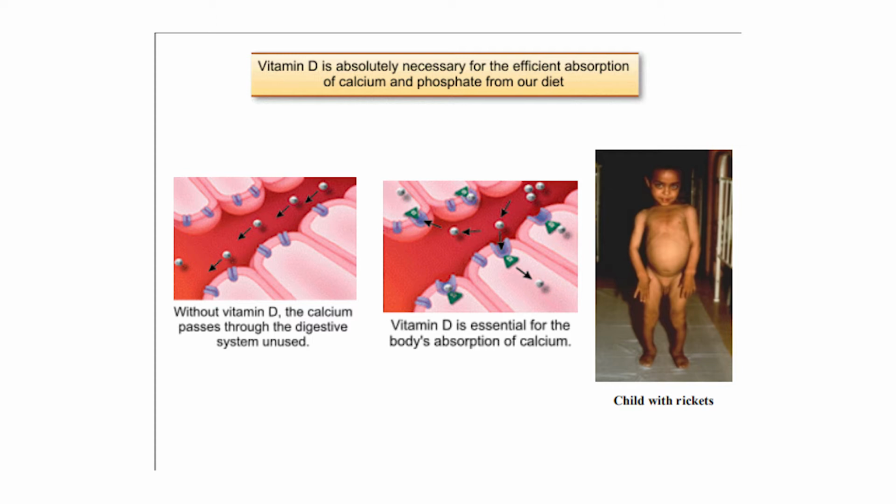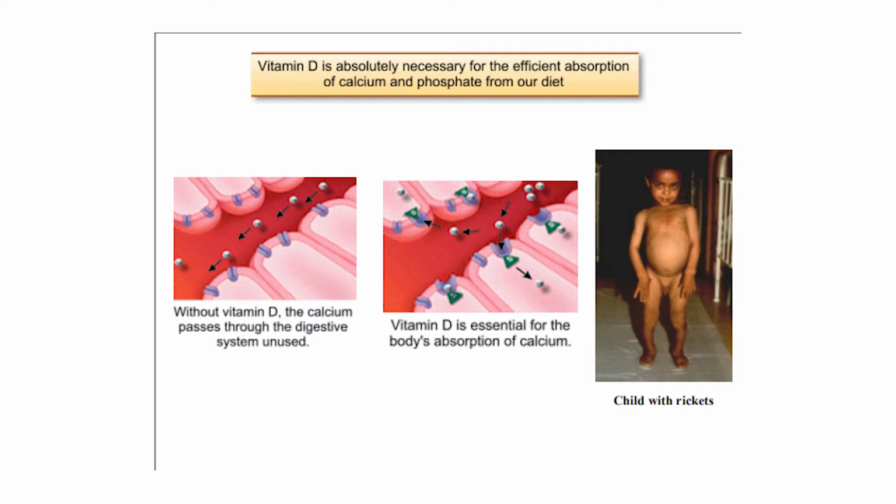Okay. So what vitamin D does is, when you take calcium, it absorbs the calcium. So vitamin D is absolutely essential for attracting this calcium into your bone. If you don't have vitamin D, even if you take a lot of calcium, it will not go into the bone. Okay. So if you don't take vitamin D, what will happen is, for example, like this small boy,